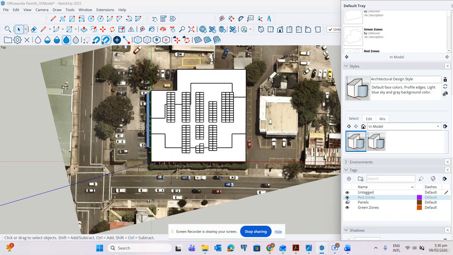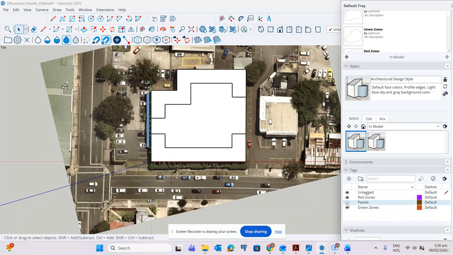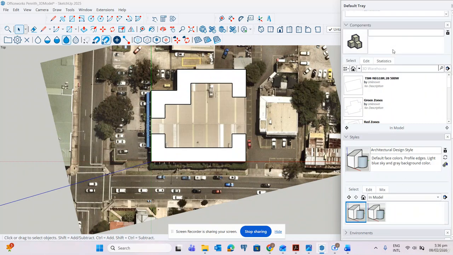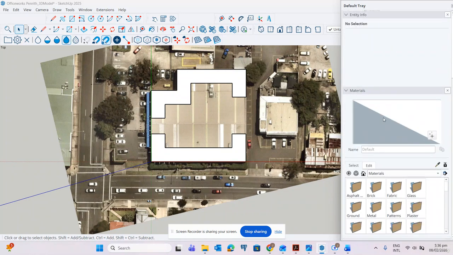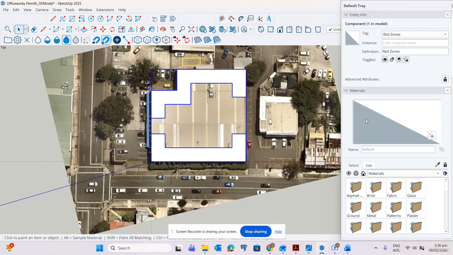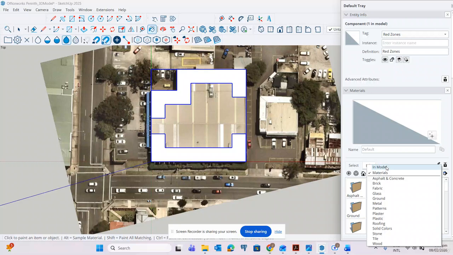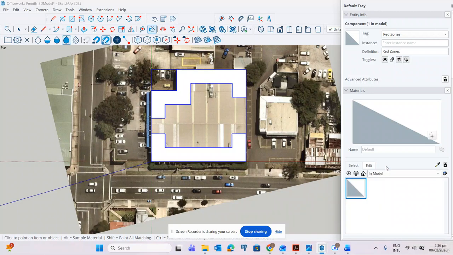So first we will hide the panel and then we will color first the red zone, so we will hide the green. And then go to material. So select the object and then material, select and then in model.